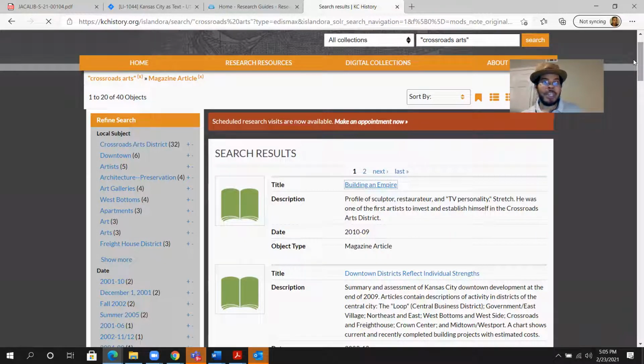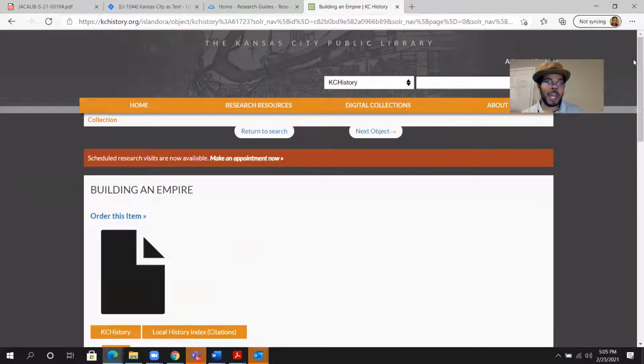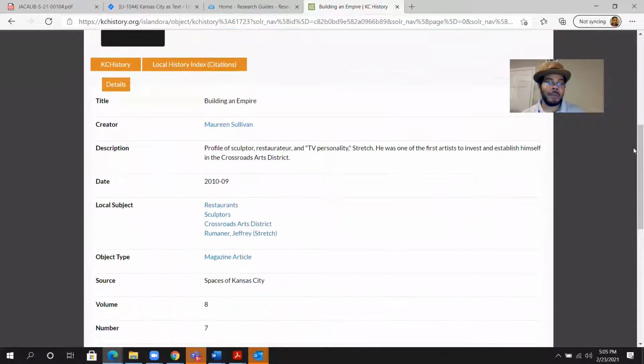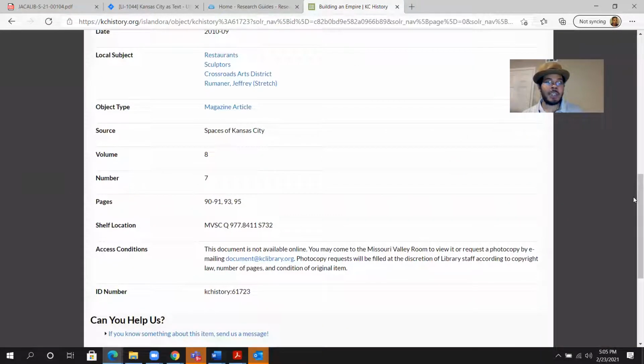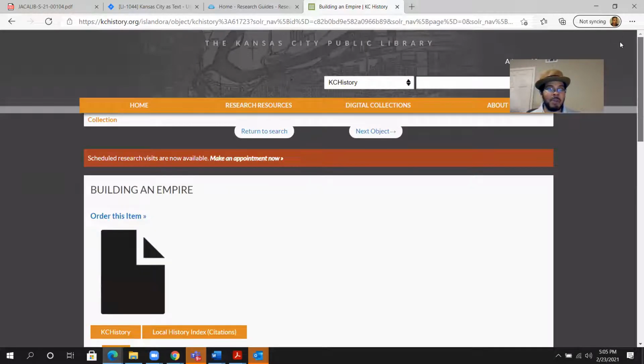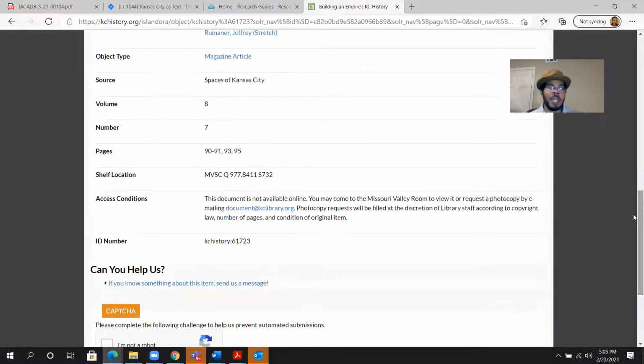Unfortunately, because of COVID, normally during normal times, you would be able to just go to the Kansas City Public Library, or to wherever this collection is housed, and you can just look at it while you're there. Unfortunately, COVID is making that a little harder to do these days. So if the document that you are looking at from the Kansas City Public Library kchistory.org site is not available online, then what you need to do is, you are welcome to still visit the Missouri Valley Room, or you can request a photocopy by emailing them at this email address,